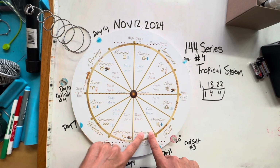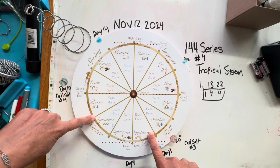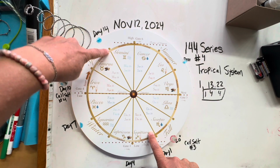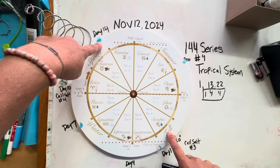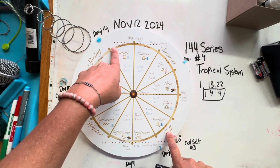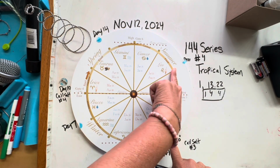So if it started in Sagittarius, the half moon will be Aquarius. Then from there, it'll be 3 more signs through Pisces, through Aries, through the end of Taurus, and then that will be the full moon. And that is perfectly correct because the sun is still here in Scorpio and they're always across from each other. So 3 more signs, Gemini, Cancer,